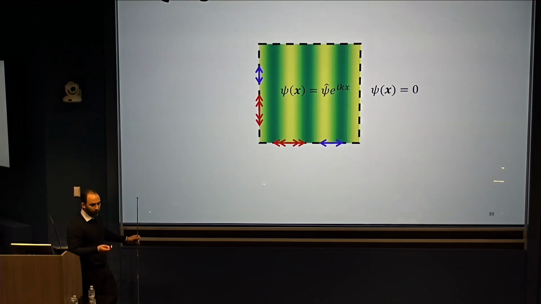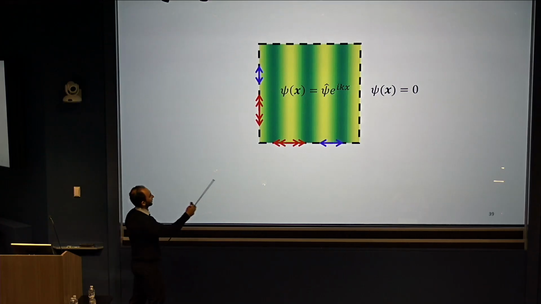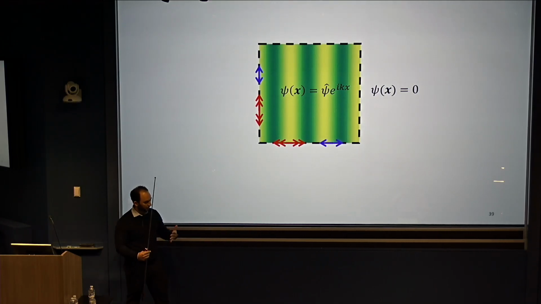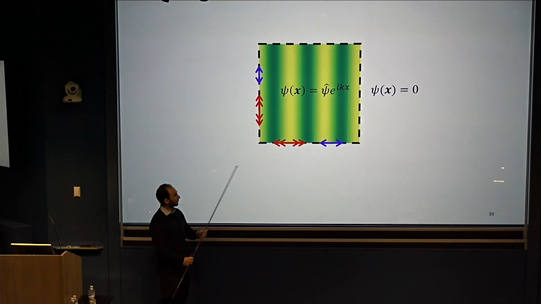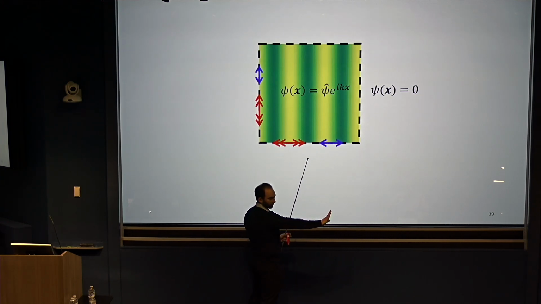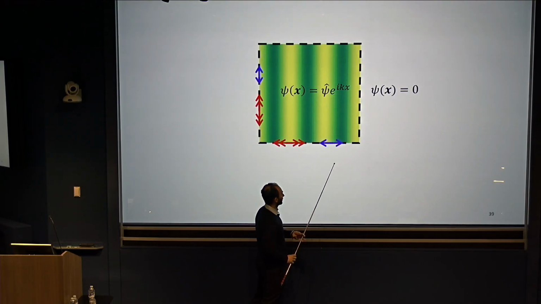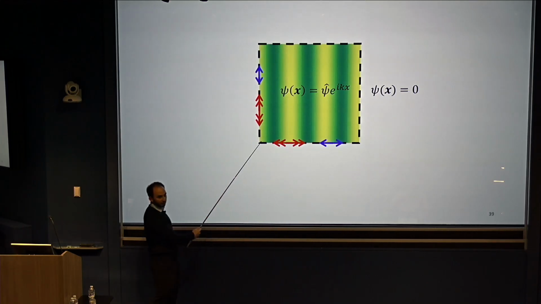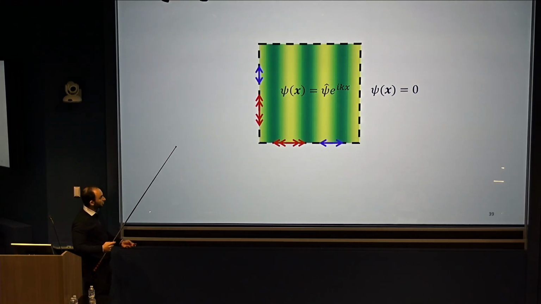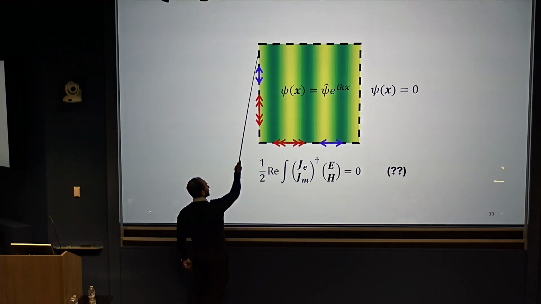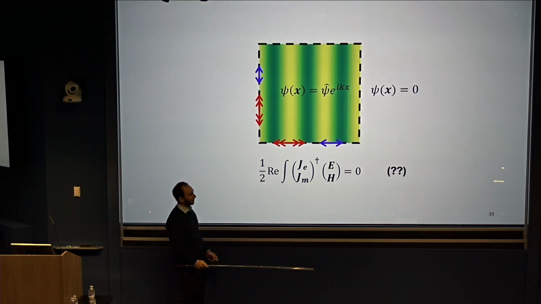Now you might say, okay, well, physically what's happening here? Physically, let's ignore the top and bottom boundaries. The left wall, those currents are producing a wave that's propagating to the right. The right wall is producing waves that also just go to the right, but with exactly the opposite phase. That field disappears to the right boundary. And so this boundary is actually absorbing the power that's being generated by this. So the total net power is 0, but that comes from power being generated here and being absorbed here.